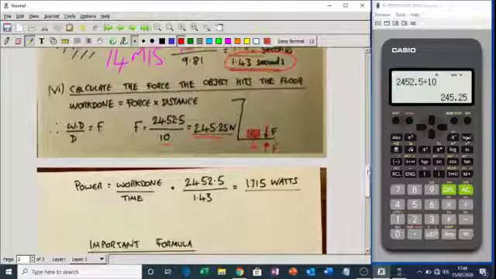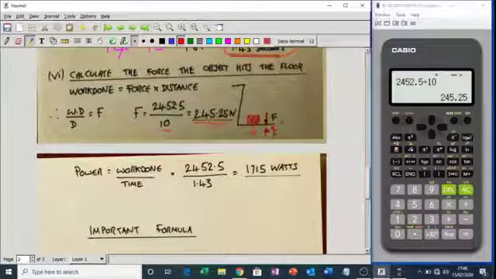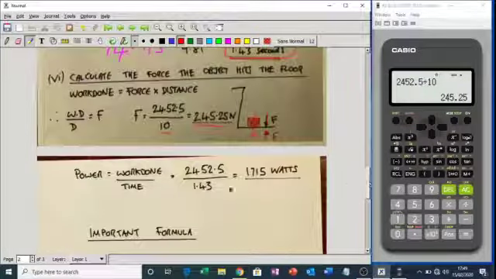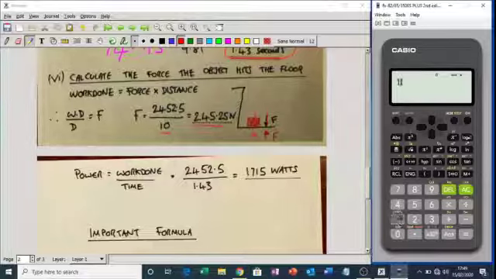We can do another thing. If you could harness that movement and that energy, if you could harness the energy of this object falling, like they do in hydropower, we can work out the power that could be generated. So we know the power is work done over time, and work done is 2452.5. That's the energy in the system. And it's taken 1.43 seconds to fall, so we can say that the power is work done over time. Work done is 2452.5. The time taken is 1.43 seconds. That divided by that,